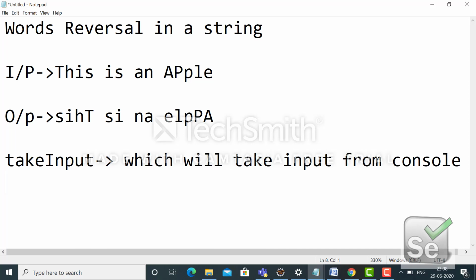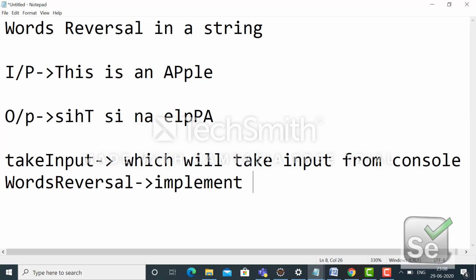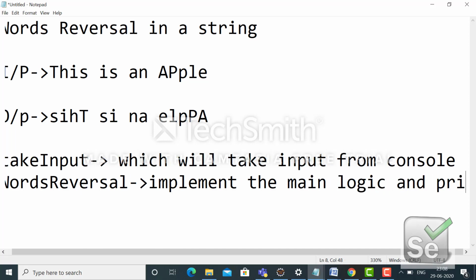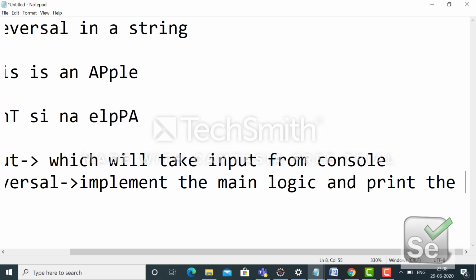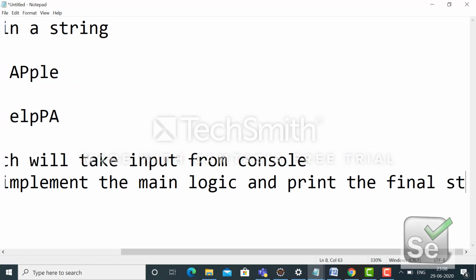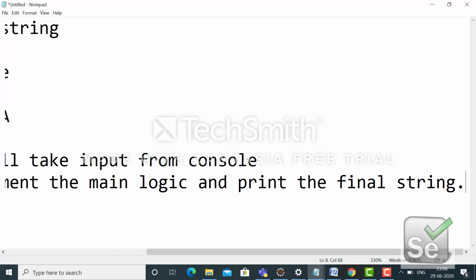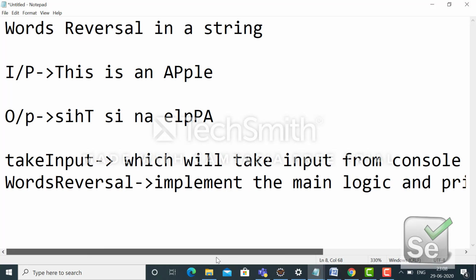And another part will be another function, words reversal. This will implement the main logic and print the final string. Okay, so let's go one by one.